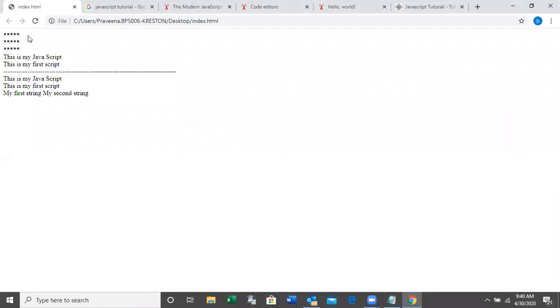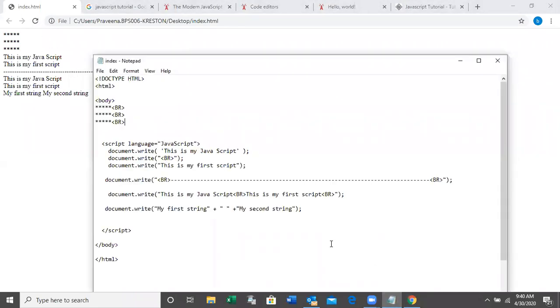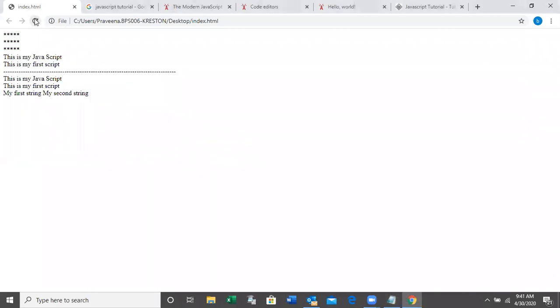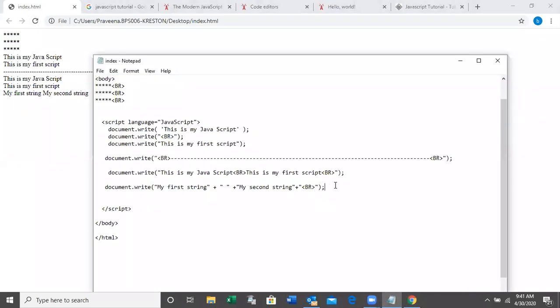See, how can we get the output in JavaScript? Okay, see here. Say, if I want to join the BR tag also, I can use this join operator. Right, now document dot write, 5 star first, 1 2 3 4 5, right?